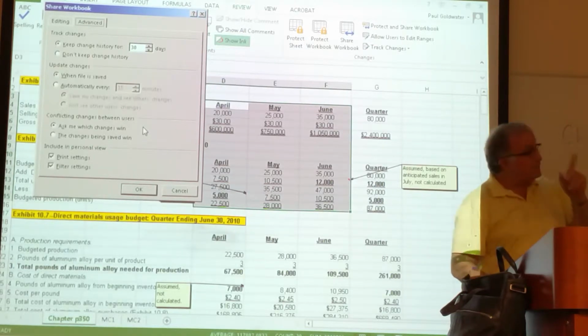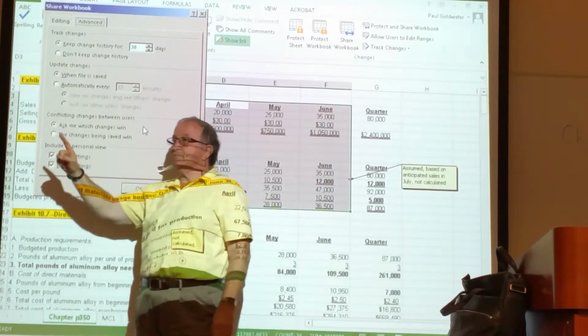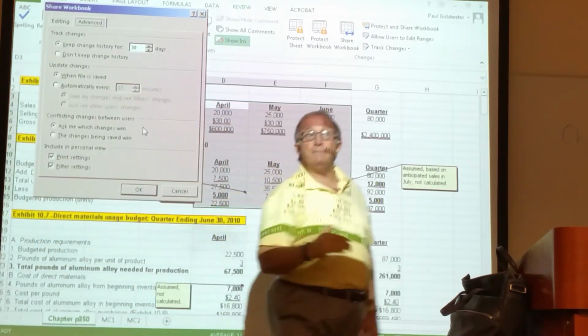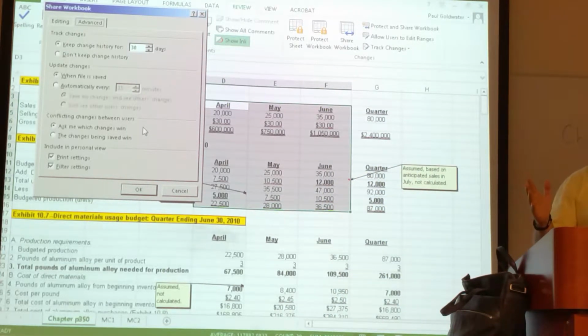Yeah, this will start to make sense to you. Come over here, track changes. If you're going to let people log into your workbook and make changes to it, this workbook belongs to you and me, the accountants. If you're going to let people in Philadelphia, around the world, log in and make changes to it, it would behoove you to keep the history. Because you do not want to go into the chairman's office, the president's office, and open up the workbook